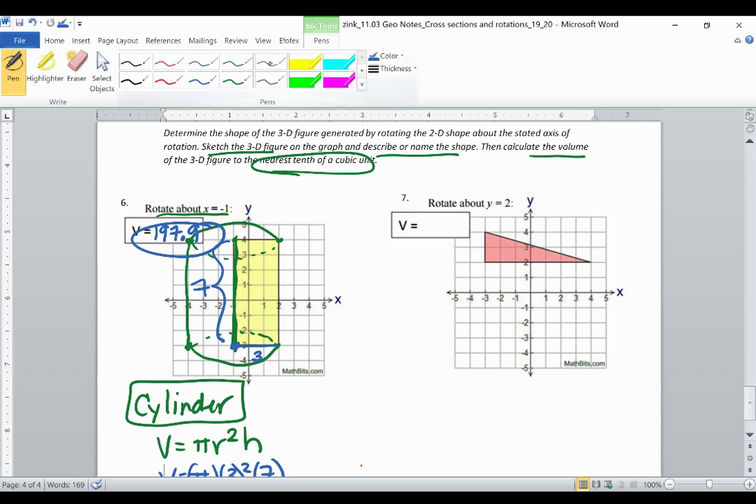And then number 7, we're going to rotate it about y equals 2. So here's y equals 2 right here. So that side of the triangle we're going to keep. It's not going to change. It's not going to move. Everything else is going to spin around it. So this point can go as far as 2 away on the other side, since it's currently 2 away from the axis. This point up here is going to stay where it is because it's on that line of rotation. So this point's going to spin over to here, and then we're going to connect up here,